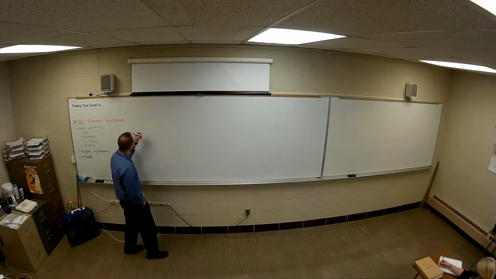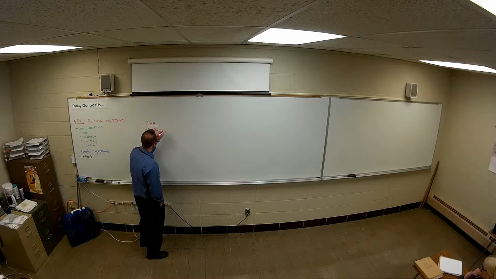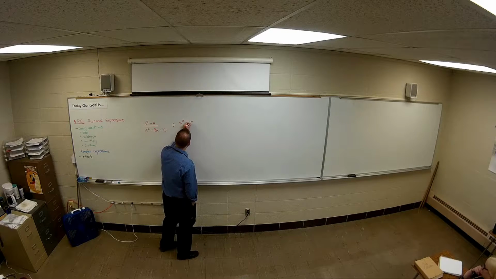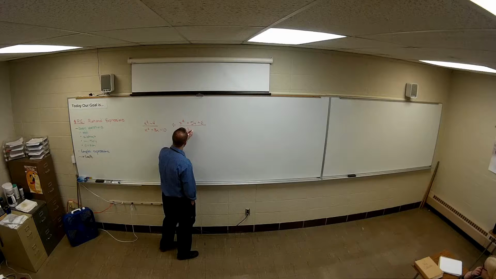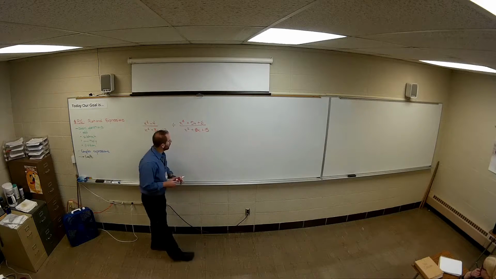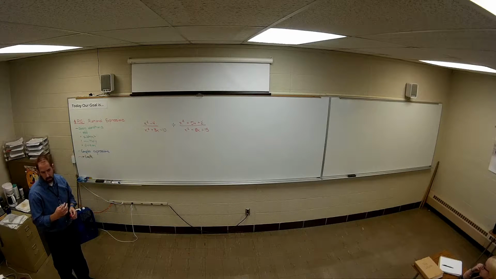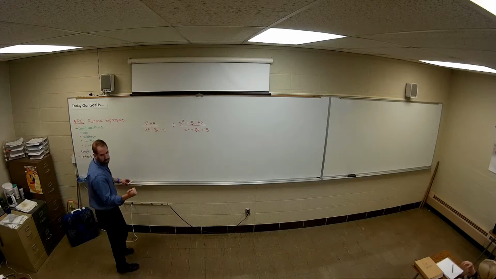Fire away when ready. x squared minus 4 over x squared plus 3x minus 10, divided by x squared plus 5x plus 6 all over x squared plus 8x plus 15. All right. Any questions with the setup on this problem? Okay, we're dividing, not adding, not subtracting. Is that good? I wrote it down.